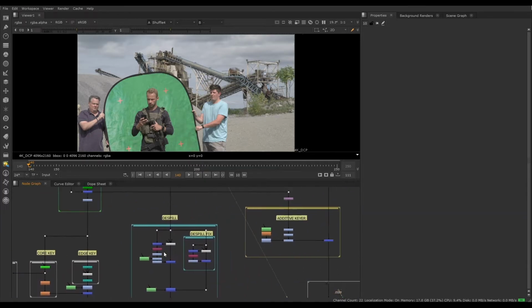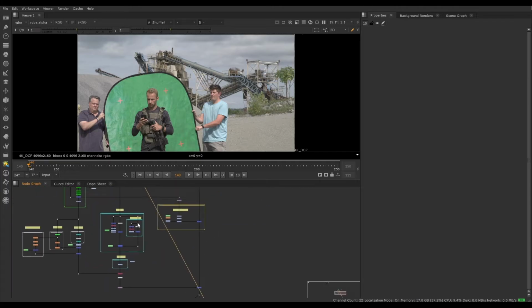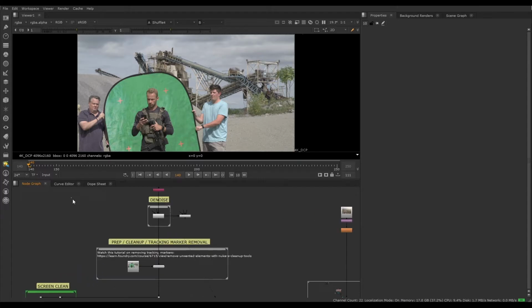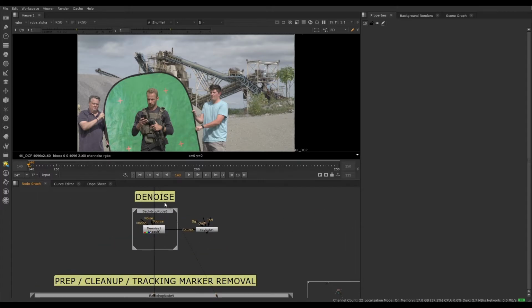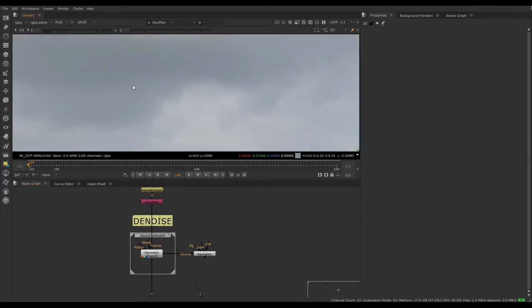This is the template I use for every blue screen or green screen that I key when I work in the industry. So first things first, you'll start by prepping the plate. The first step is degraining. So degraining is essentially removing the grain that you have in your plate.